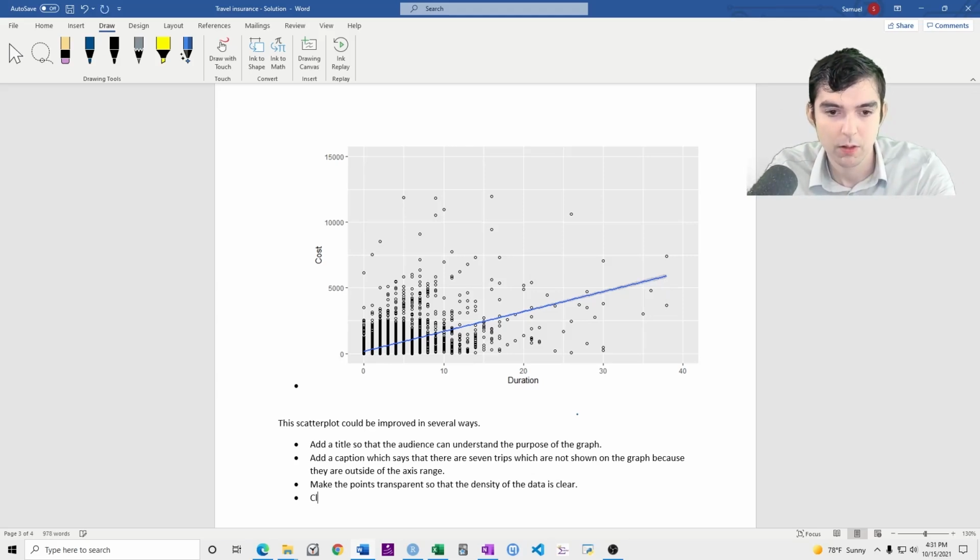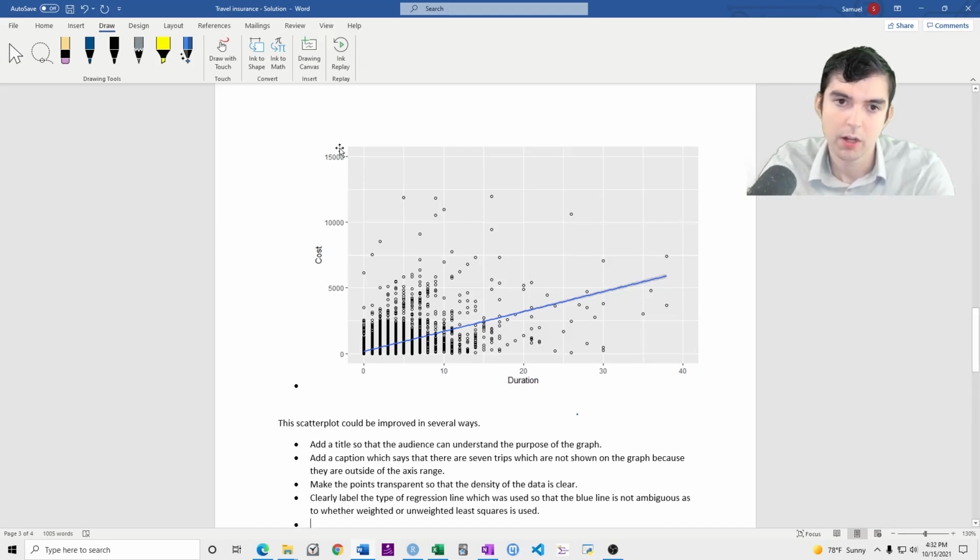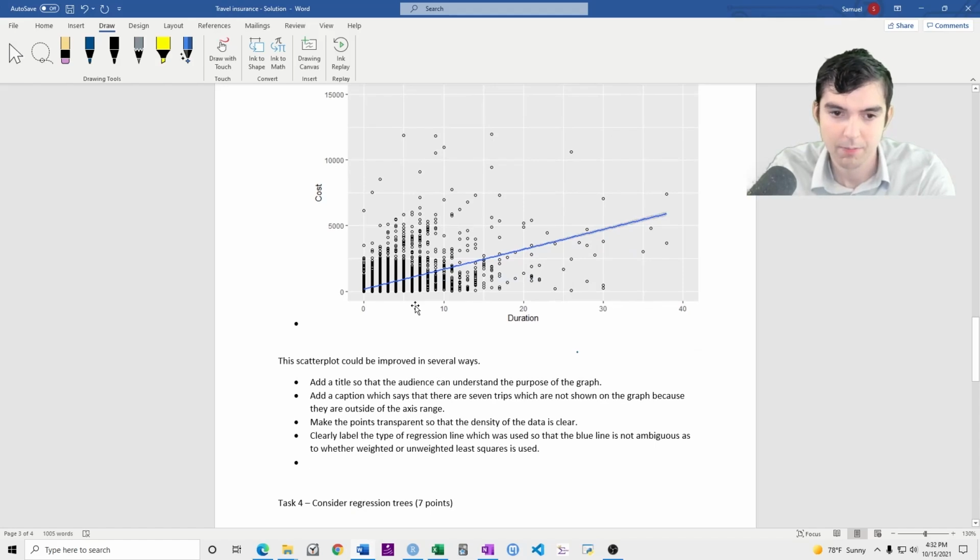So clearly label the type of regression line which was used, so that the blue line is not ambiguous as to whether weighted or unweighted least squares is used. Optionally, you could also add dollar signs to the y-axis.